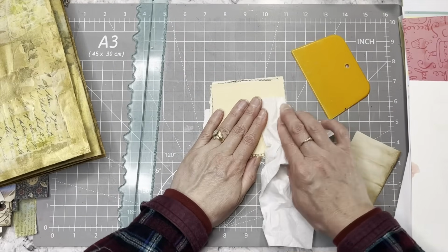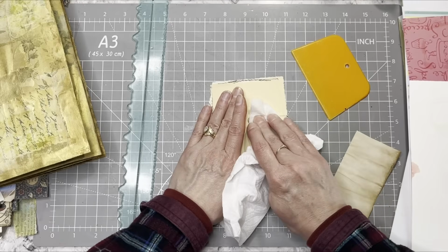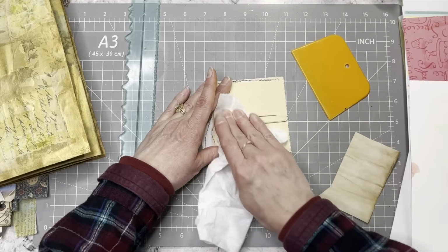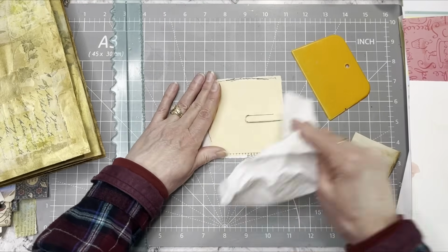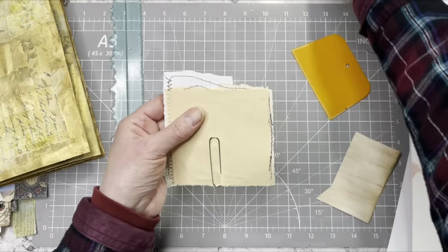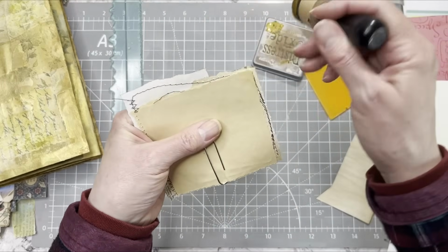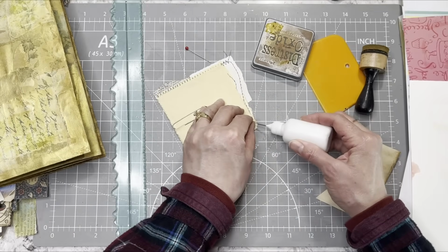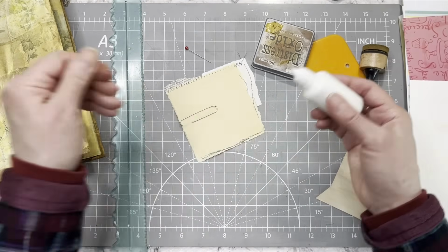Gluey ooey mess is what that is. But we want lots of glue to make sure the paper clip stays. So that doesn't look too bad. I mean, it's obviously not perfect, but we can do a little inking, because this could definitely be seen if someone just takes the paper clip off, right? I mean, it's not something you're going to see all the time, but...